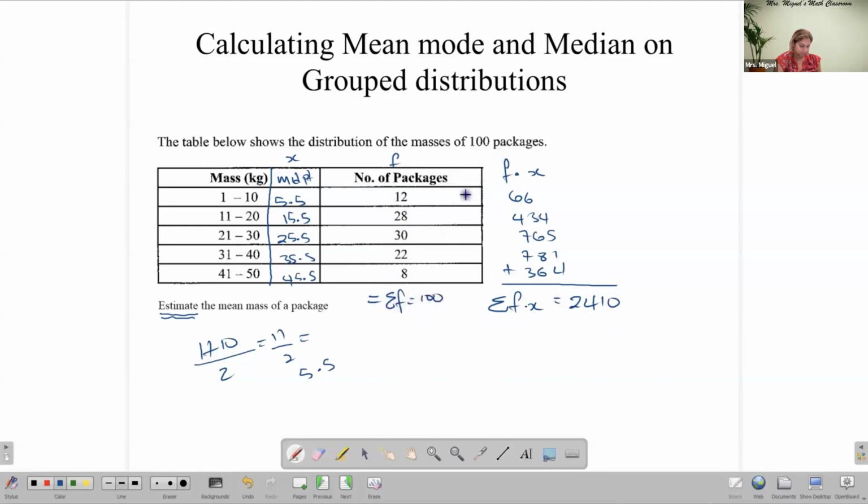Well, the question said 100, so there was no need to add them up. And so our mean is the sum of fx over the sum of f here, and that gives us 2,410 divided by 100, which gives us